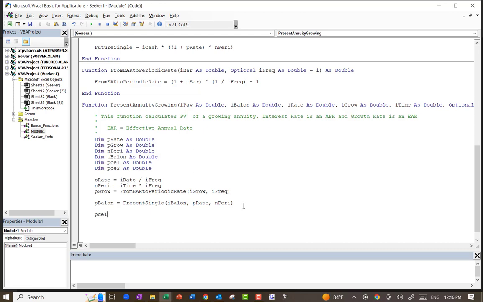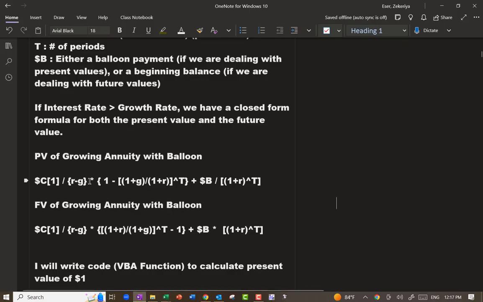And now this is going to be the second piece. Basically, I'm going to calculate 1 plus period growth divided by 1 plus period rate. Raise the whole thing to the power t and do 1 over 1 minus. It's not terribly complicated. I need to be careful with my parentheses. 1 minus 1 over